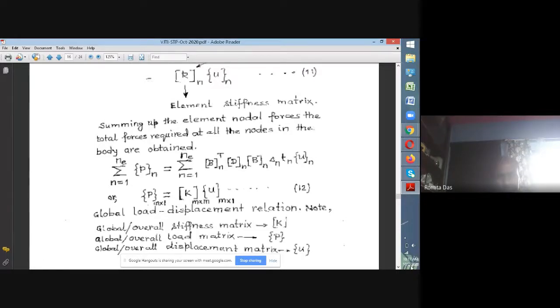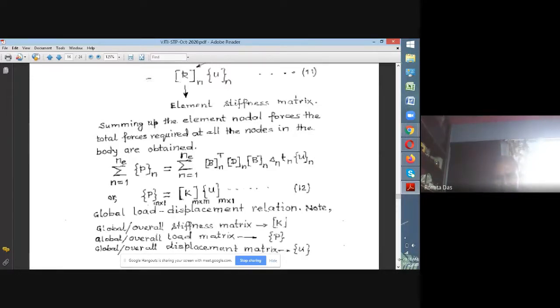Therefore, stiffness matrix generation is not actually about writing out all these expressions. You write software or a program so that the computer takes element by element and adds up the similar terms of each element stiffness matrix, and it finally gives you a global matrix consisting of the total stiffness for a particular displacement, and that's how we get the global stiffness matrix.